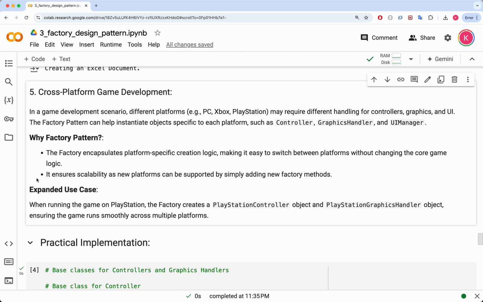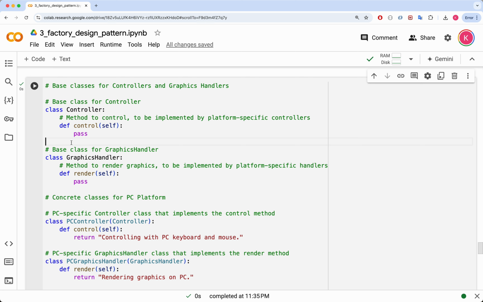Practical implementation. In this example, we implement the factory design pattern to handle the creation of platform-specific objects for controllers and graphics handlers. As discussed in earlier responses, the factory pattern allows us to centralize and simplify object creation, making it flexible and easier to manage. Here we define two base classes, controller and graphics handler, which serve as abstract blueprints for platform-specific implementations. These base classes define the methods, control, and render that must be overridden by concrete subclasses for each platform: